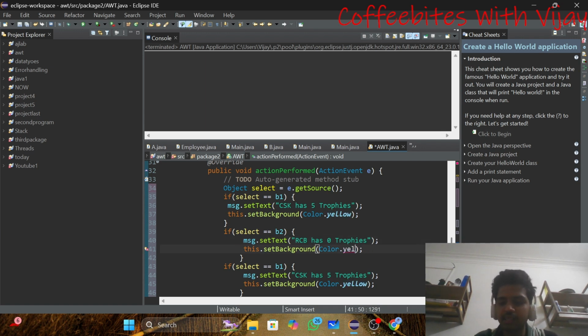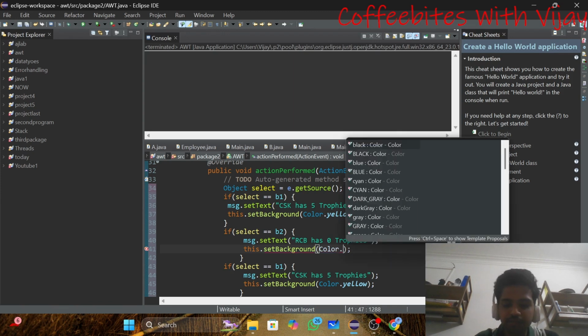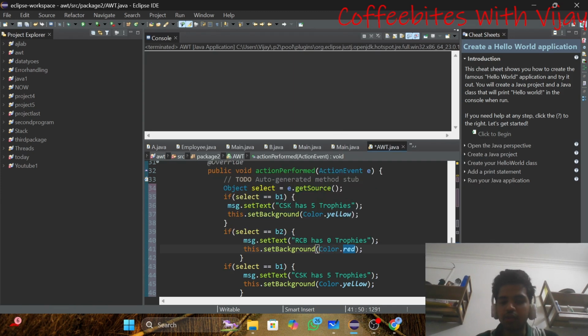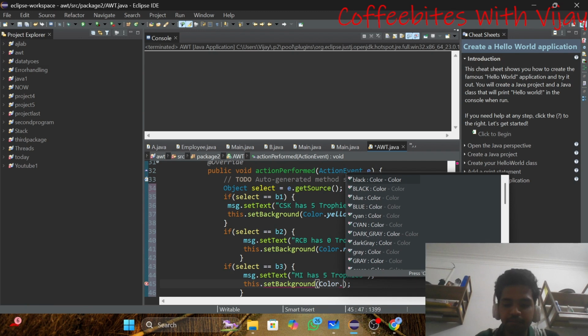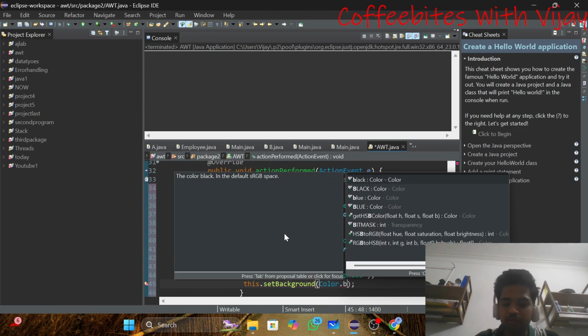Okay, and I'll set the color to red. Sorry for the RCB fans. And I'll change this to B3. And here I will change this as MI has 5 trophies. And here I'll change the background color to be blue.